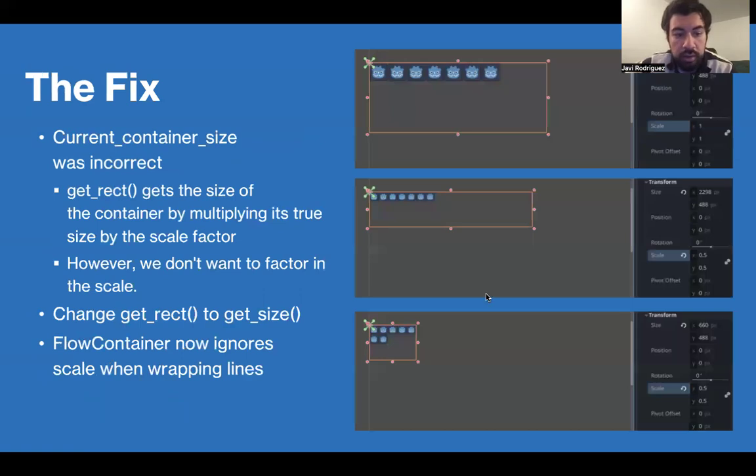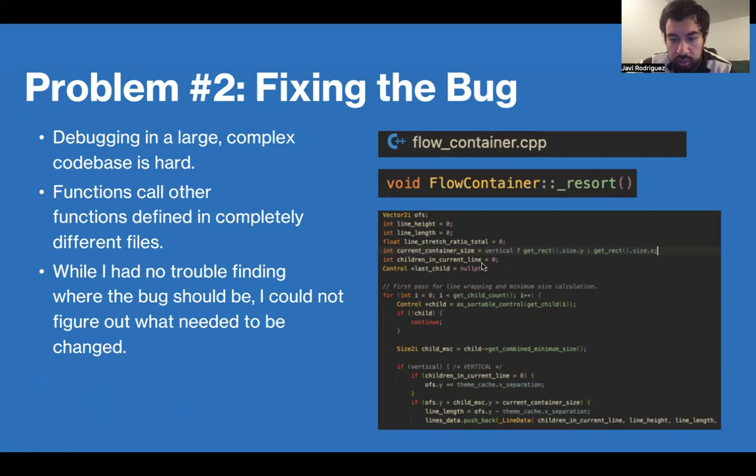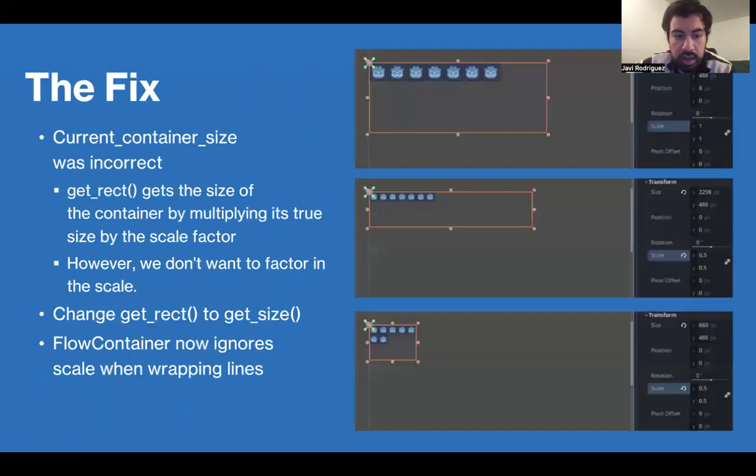And it turns out I was right. Current container size was incorrect. That function that is called within current container size, getRect, actually gets the size of the container by multiplying its true size by the scale factor, but we don't want to factor in the scale. So all you have to do is change getRect to get size, and the flow container now ignores scale when